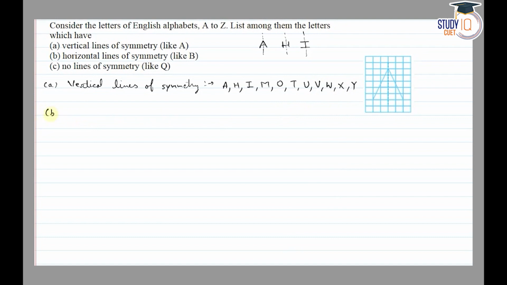Then part B is horizontal lines of symmetry. So I'm going to take B. B is symmetric about horizontal line. C is also symmetric about horizontal line. D is also symmetric about horizontal line. So the alphabets symmetric about horizontal line are